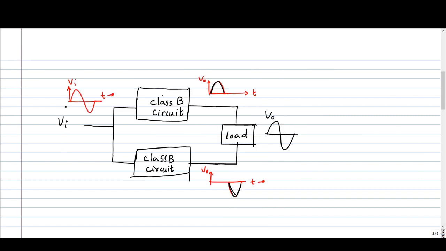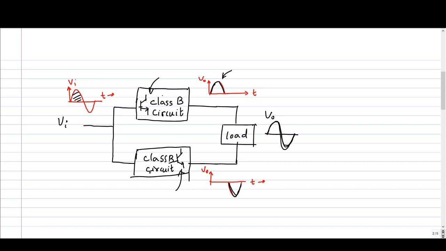Then, as we have seen, during the positive half cycle of input signal only we are getting output. So to get a complete full cycle output across the load, we will use two Class B circuits, an upper Class B circuit and a lower Class B circuit. So there will be a transistor in this upper Class B circuit, and there is another transistor, a second transistor in this lower circuit, and this will be configured in such a way that this upper transistor will conduct during the positive half cycle of the input signal. So you will get output during the positive half cycle of input signal due to this upper circuit.